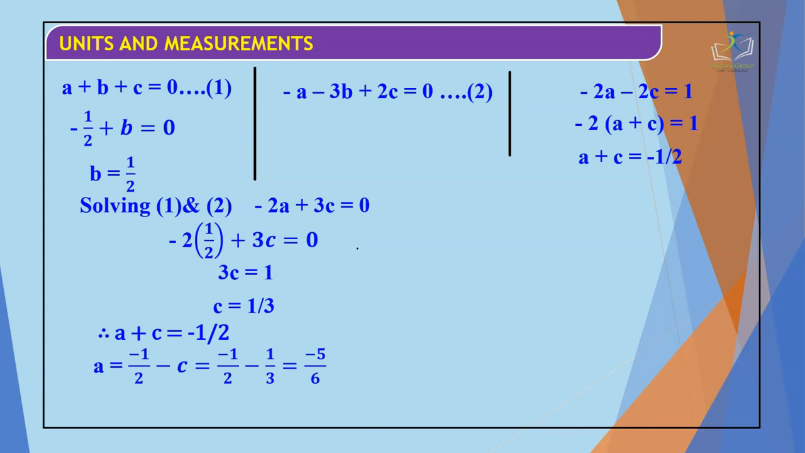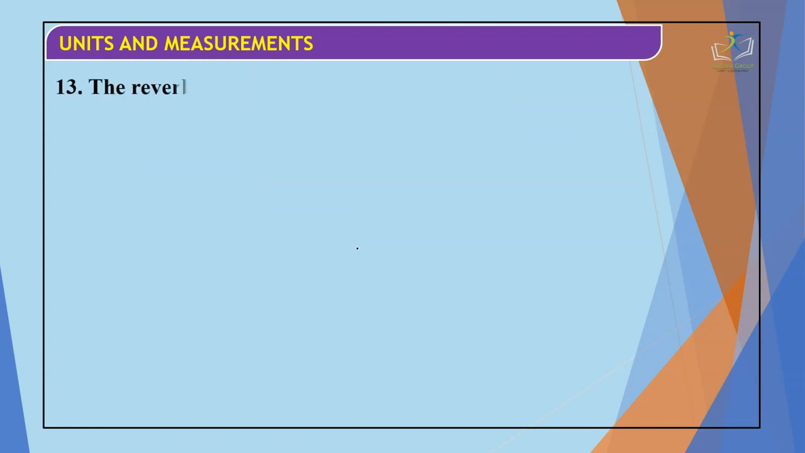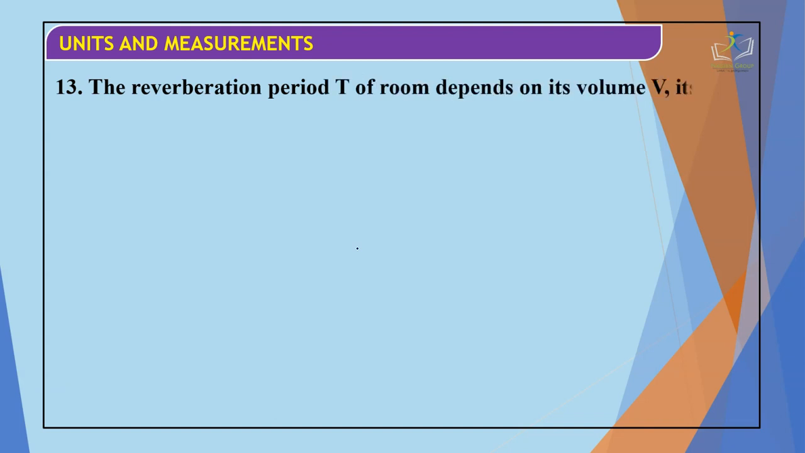So A is minus 1 by 2, B is minus 5 by 6. A is minus 5 by 6, B is 1 by 2 and C is 1 by 3. According to that, the correct option for this question is the fourth. Next question we have the